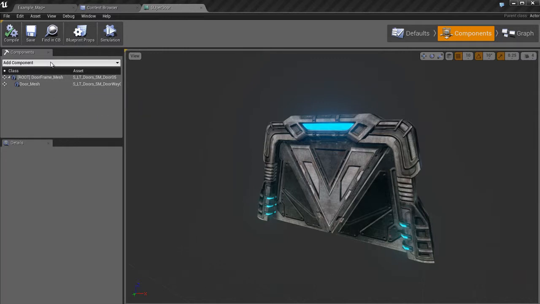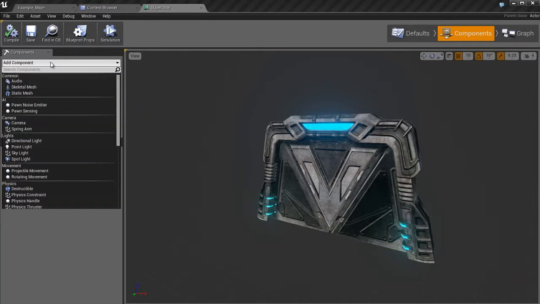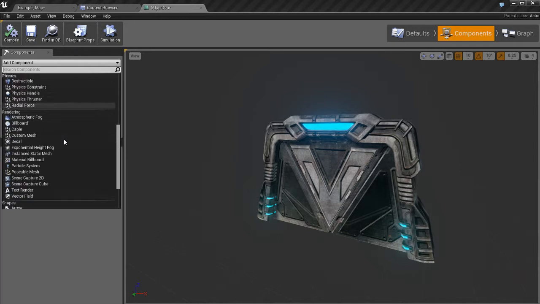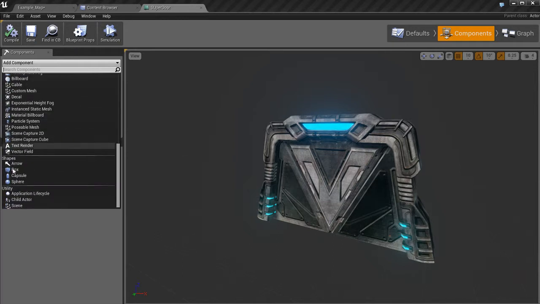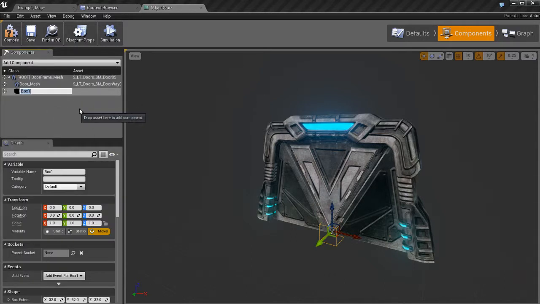Let's come over here to add a component. We're going to add a new component to our door. This time we're going to go down to shapes and pick a shape. We have spheres, capsules, and boxes, and you can really use whichever one you want. You can use a sphere if you wanted to. I'm going to use a box because a box is going to work a little bit better with this door. So I'm going to select the box, and we're going to rename it, and we're going to call this trigger